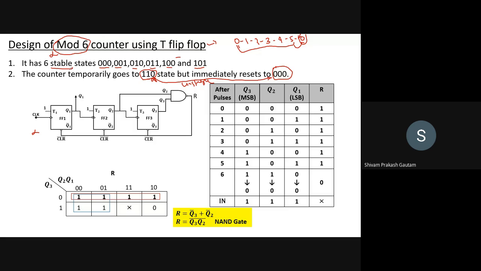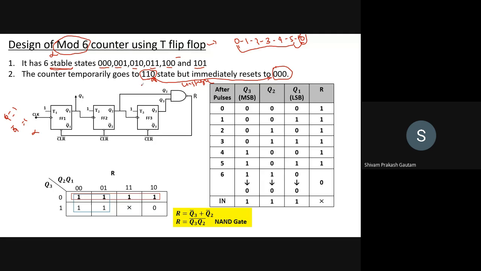You can see here, we have seen what an unstable state is when we were deriving the flip-flop, right? When Q and Q bar were temporarily 1. We have seen these kinds of states, right? Then we again analyzed the circuit until it reached the stable state. So I hope the difference between stable and unstable is clear to you.